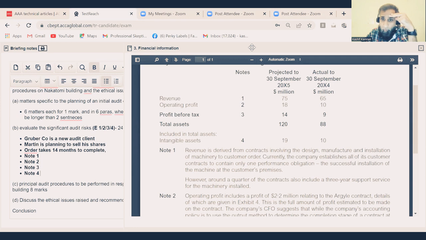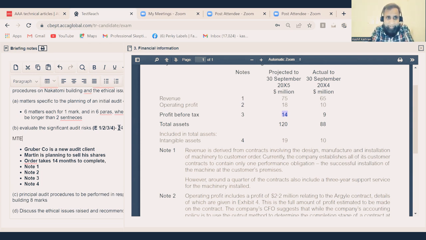Okay, let's see what's in note number 1. We have the revenue number, 75 million. Can it help us to find the materiality later? We have the profit before tax number, 14 million, and we have the total assets, 120 million. So if I can just note the numbers over here, at least I can find the materiality later. I will erase it once I complete my answer, but in the exam you can do a rough working. Materiality: we have revenue at 75 million, profit before tax at 14 million.